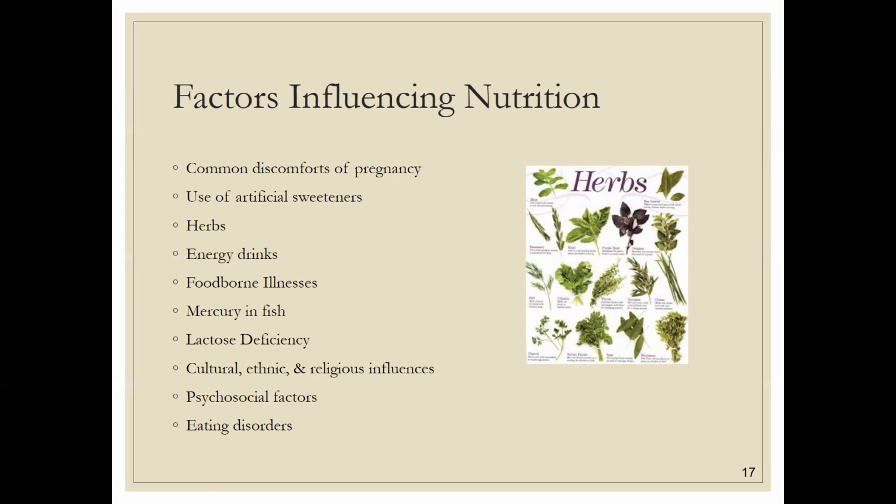Now, mercury in fish, that's a serious threat to the developing nervous system of an unborn baby or a young child. Canned light tuna, shrimp, salmon, catfish, and pollock are lower in mercury. Albacore tuna has more mercury than canned light tuna, so only eat about 6 ounces per week if they really like that. A lactose deficiency, so inadequate amounts of the enzyme lactase, which breaks down the milk sugar lactose into smaller digestible substances. So if someone's lactose intolerant, the enzyme is available over the counter in tablets or drops. You can ingest lactase treated milk.